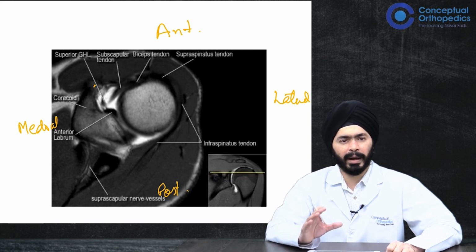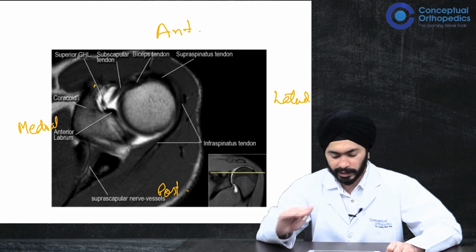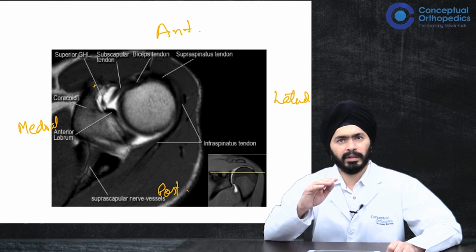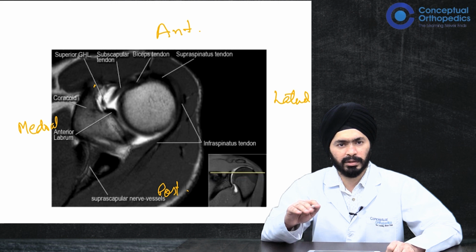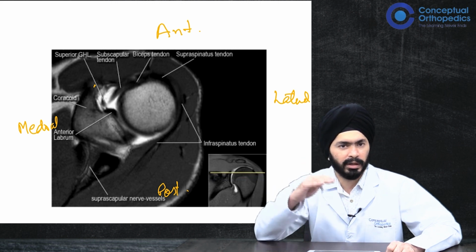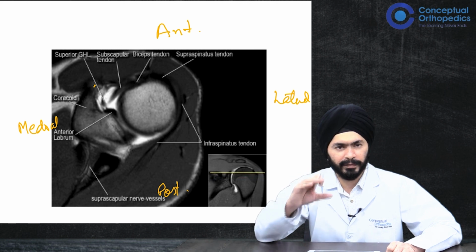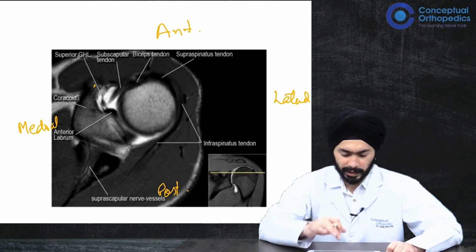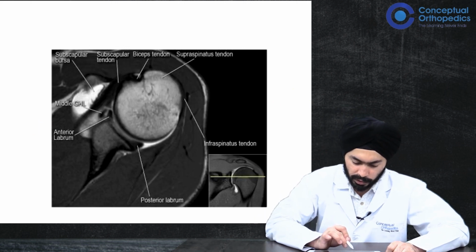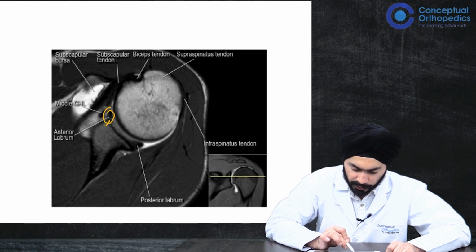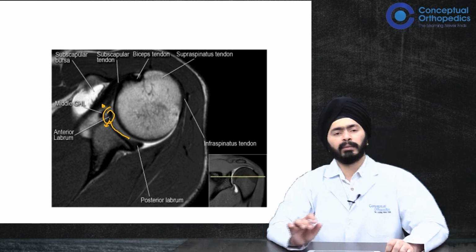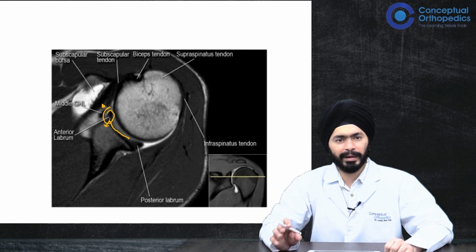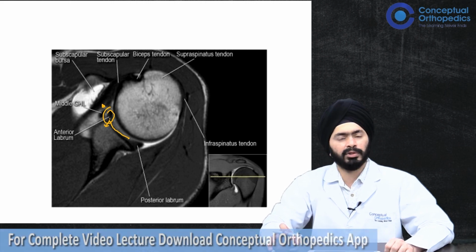When you are looking for a Bankart lesion, which is a tear of the antero-inferior labrum, you want to look at the inferior sections. So what are the inferior sections? When the coracoid disappears from the axial sections, that means you have come into the inferior sections, you have gone below the equator. If the anterior labrum is missing or torn in those sections, that means there is a Bankart's lesion. If this is the anterior labrum, it should be firmly attached to my glenoid. If it is not attached here, if it is found here or somewhere, that means the glenoid labrum is torn anteriorly, and that is your Bankart's lesion.